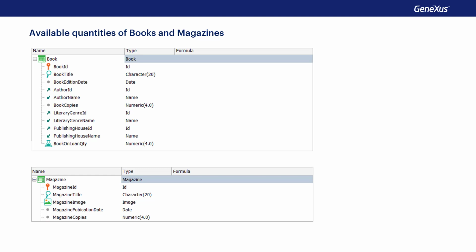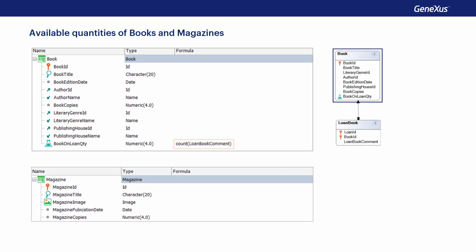What happens if we associate the count loan book comment calculation with this new book on loan quantity attribute? Will it effectively sum the number of copies of that book that have been checked out? The answer is yes, because the table associated with the transaction where we define the calculation is book, and the table where the calculation is resolved is loan book, since it's determined by the loan book comment attribute. Between both tables, there's an attribute in common, which is book ID, and therefore, it's an implicit filter that GeneXus will apply. That is to say, this calculation will return the total number of copies of that book that have